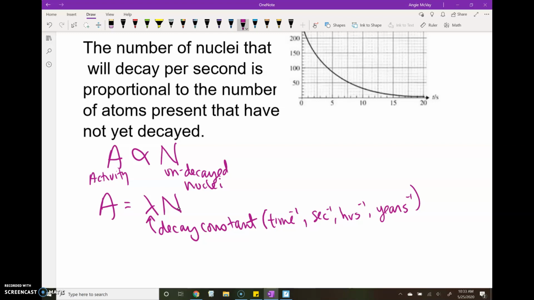Okay, so we could also write this as, what about the original activity is equal to the decay constant times the original number of parent nuclei. Okay. So,